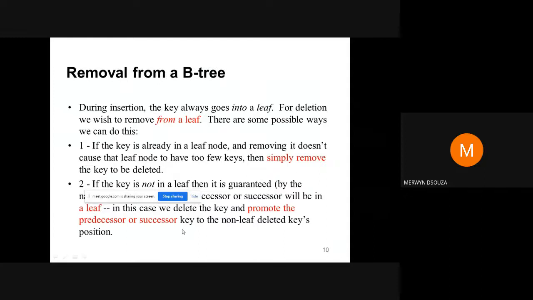Next topic is removing elements from a B tree. Similar to insertion, whenever you are removing an element, you remove it always from a leaf node. When you remove an element, you have to keep in mind that the leaf contains a minimum number of keys. If it does not, then you have to do some more action so that the B tree is valid. If the removal of the key does not affect the minimum number of keys, then you can directly remove the key from that node.